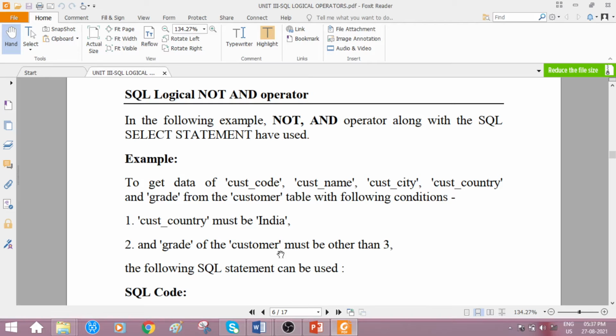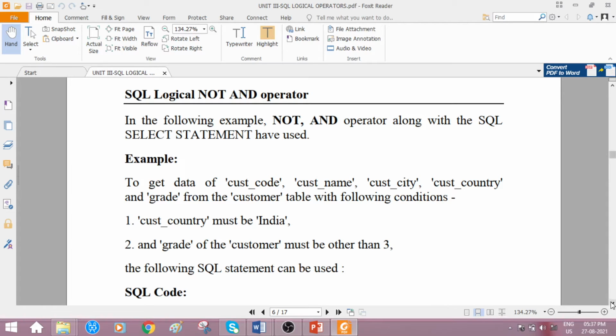Customer country must be India, and the grade of the customer must be other than 3.